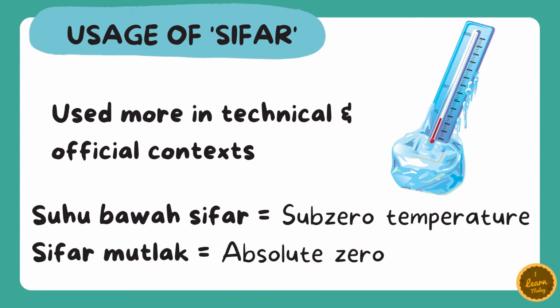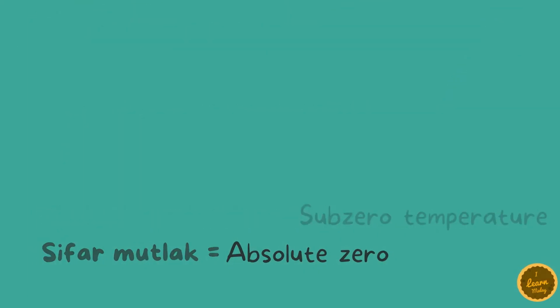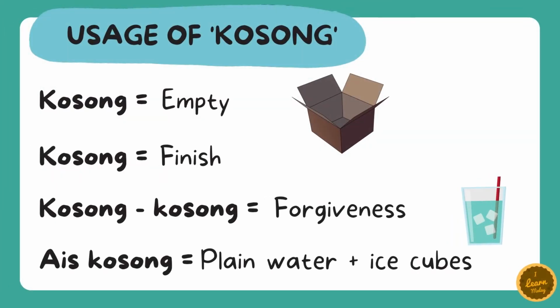Suhu bawah sifar. Sub-zero temperature. Another example is sifar mutlak. Absolute zero. In regards to the other meaning of zero, which is kosong, it has more usage in